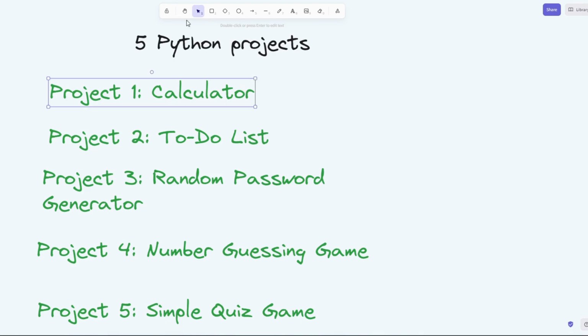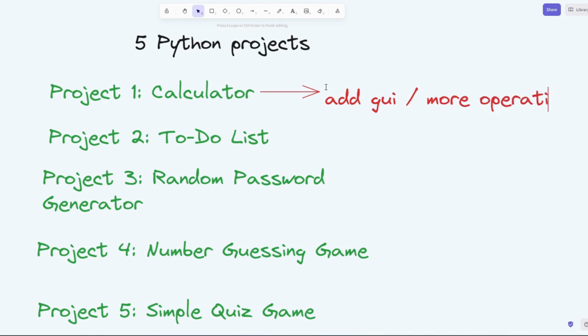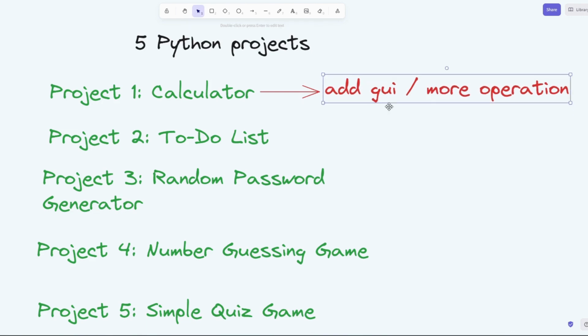To improve this, you can add a GUI using tkinter, or you can just extend it to include more operations like modulus or power.